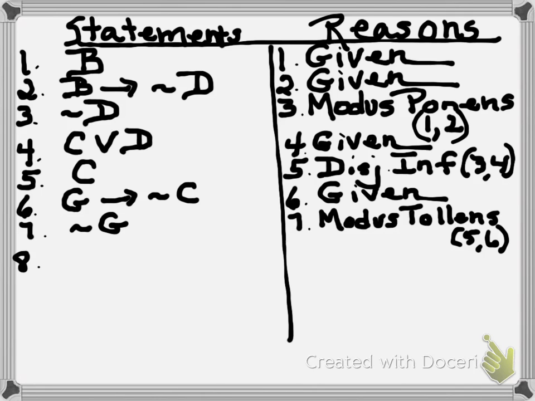Therefore, the negation of the hypothesis must be true by modus tollens, because the contrapositive, which is what this is, not F implies not, parenthesis, not G and not J, is the contrapositive of the original, which we know is logically equivalent. So I'm going to bring in the statement